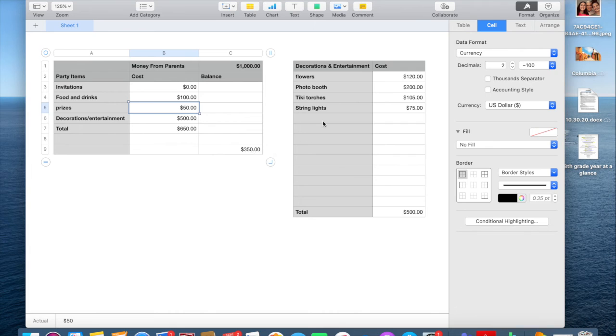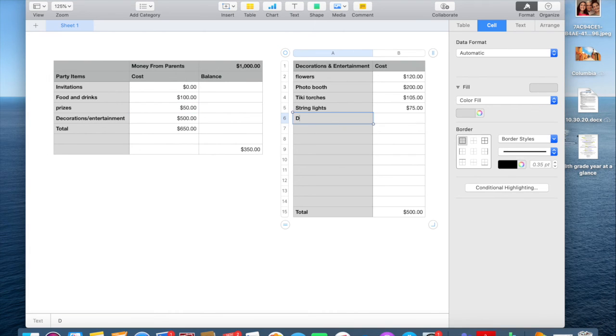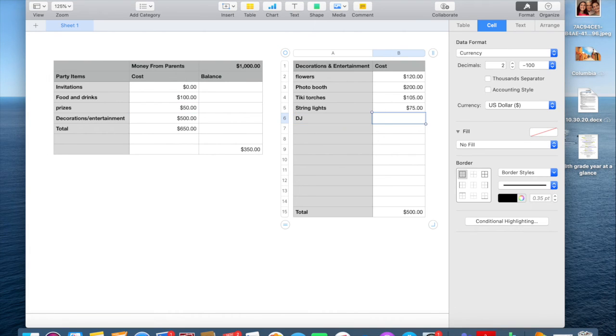Well, that's enough money for a DJ, and you gotta have some music, right? So I'm going to put in DJ, $200. Awesome. I have $150 now. What can I get for $150? I'm going to keep going. Tables and chairs. Do I really need tables and chairs? Well, I mean, people might want to sit down, but maybe not. They can just sit on the grass or whatever. So maybe I'll do,